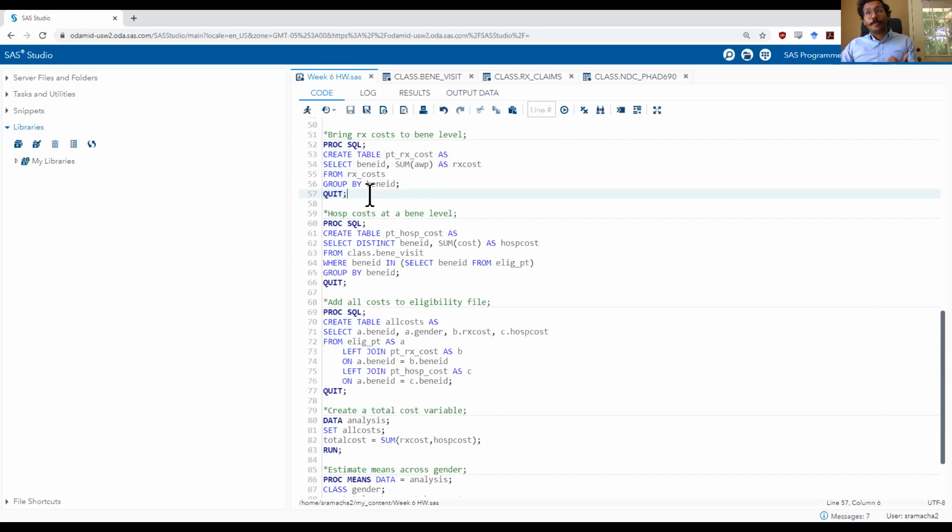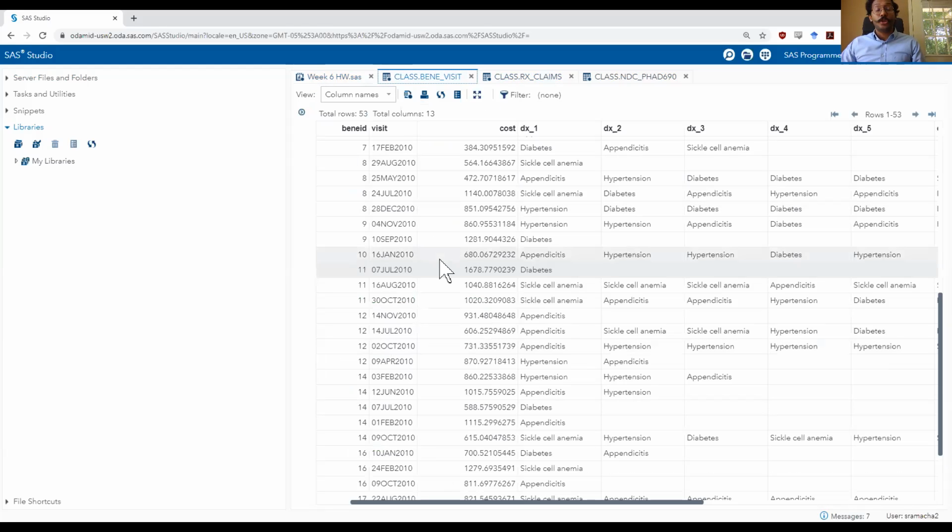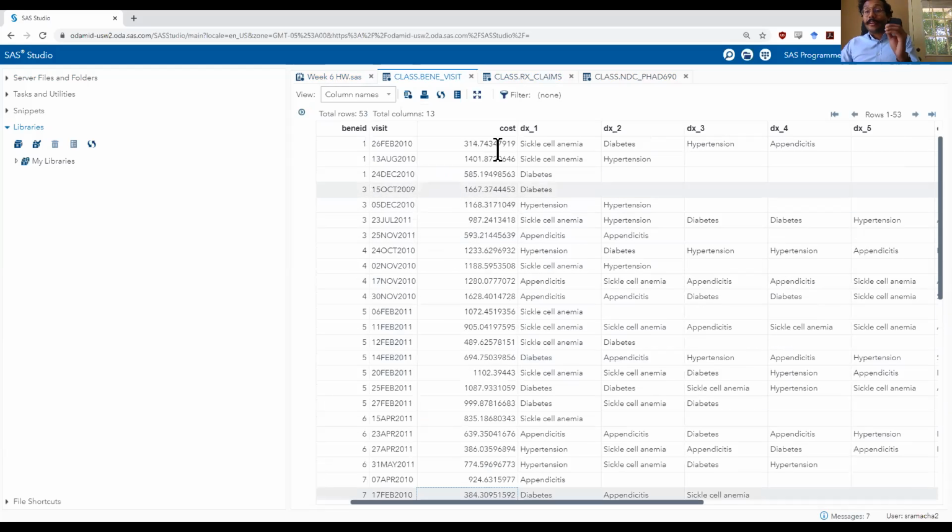Next, let's talk about hospitalization costs. Again, you can do hospitalization costs any number of ways. What I am doing here is I'm using the Benny visit file. So I'm going back to the original Benny visit file, and I want to calculate this cost column for each individual, whether or not each row of data has the diabetes claim in it. Some people that I know have shared their code with me leading up to this class have approached this differently. What they've done is they've actually deleted every row of data that does not have a diabetes claim